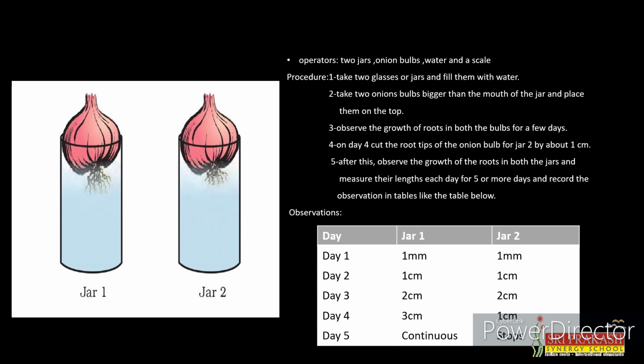Observations: Day 1, 1 mm, 1 mm. Day 2, 1 cm, 1 cm. Day 3, 2 cm, 2 cm. Day 4, 3 cm, 1 cm. Day 5, jar 1 continues to grow, but jar 2 stops because its apical meristem, which helps it to grow, has been cut off. So let us see a